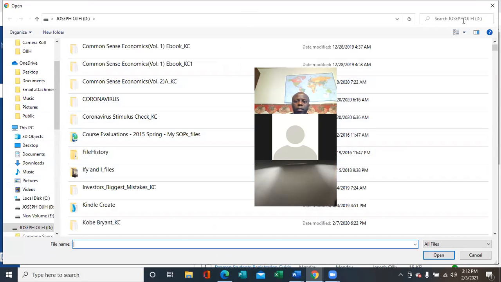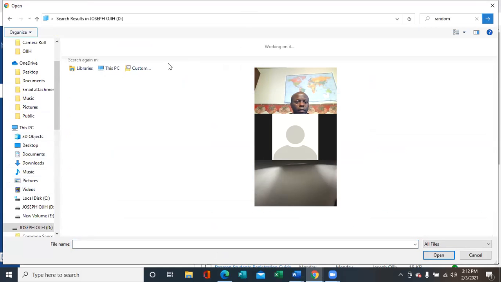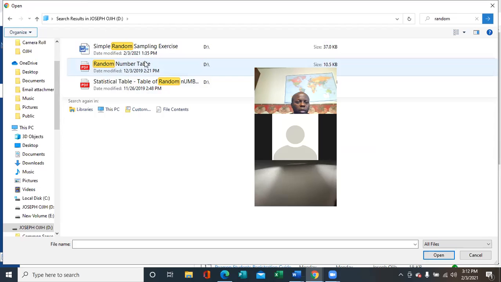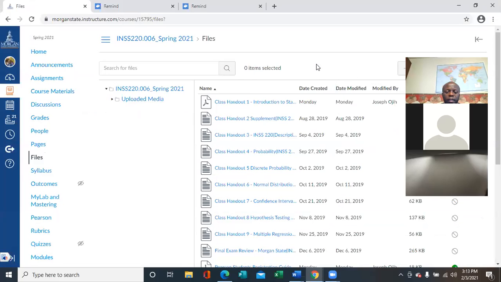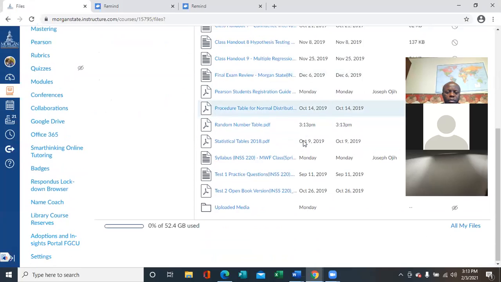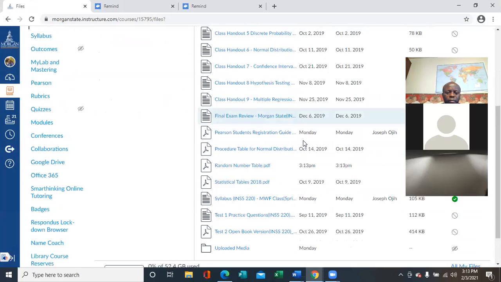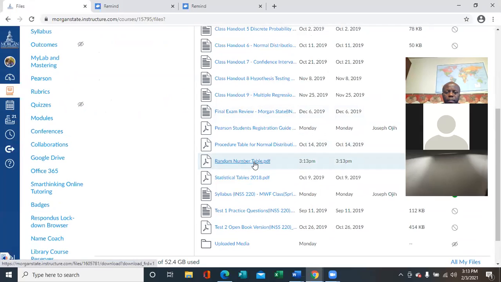Random number table. See, I have it here. It is now there, so you can see it right here. Let me make sure you're seeing this. Okay, you're seeing this.